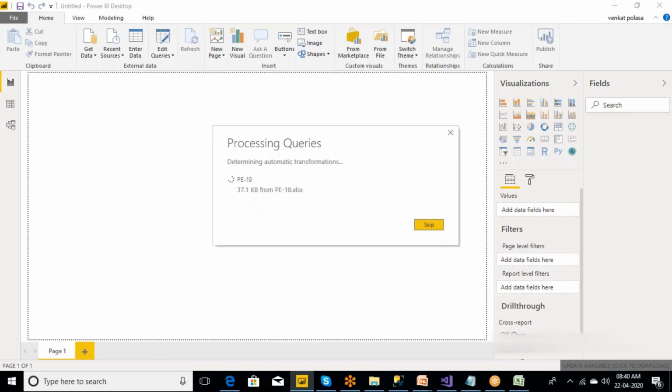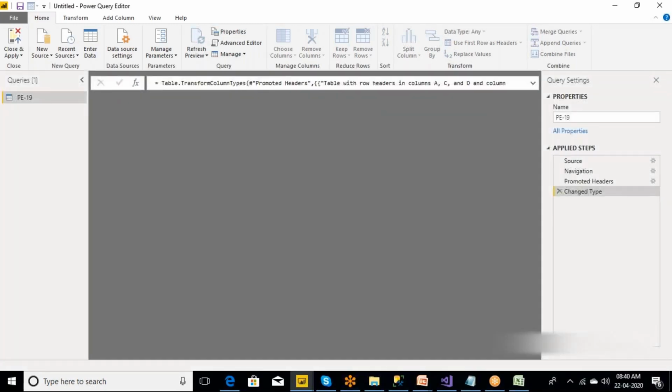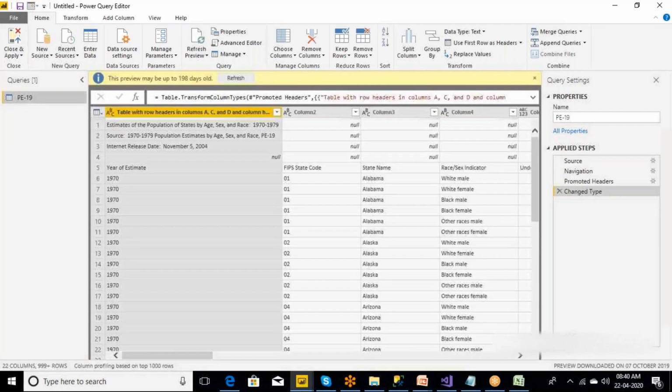It is loading the data, 1737 KB data. Some 46 KB data is there. Okay. It has loaded the data into Power BI. Your Power BI is in memory. Where does it store the data? It stores it in the cloud. Data will be stored in the Azure Blob Storage. So now